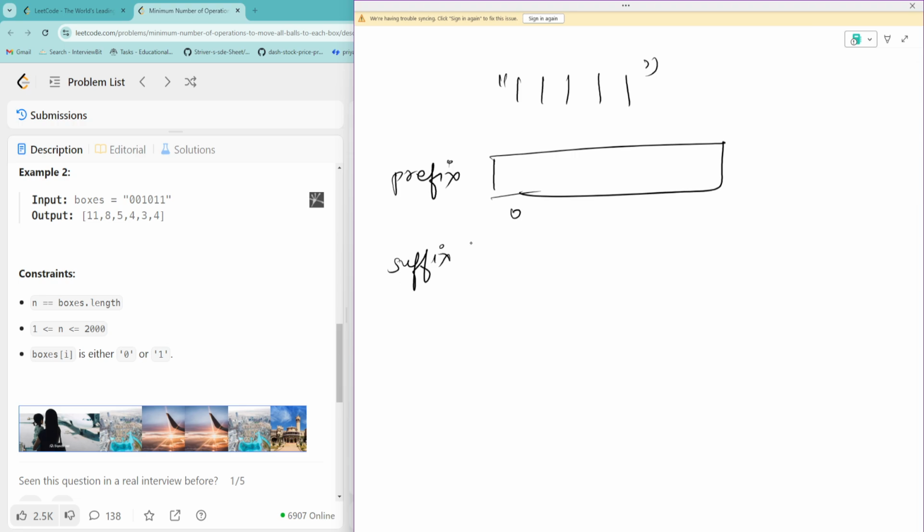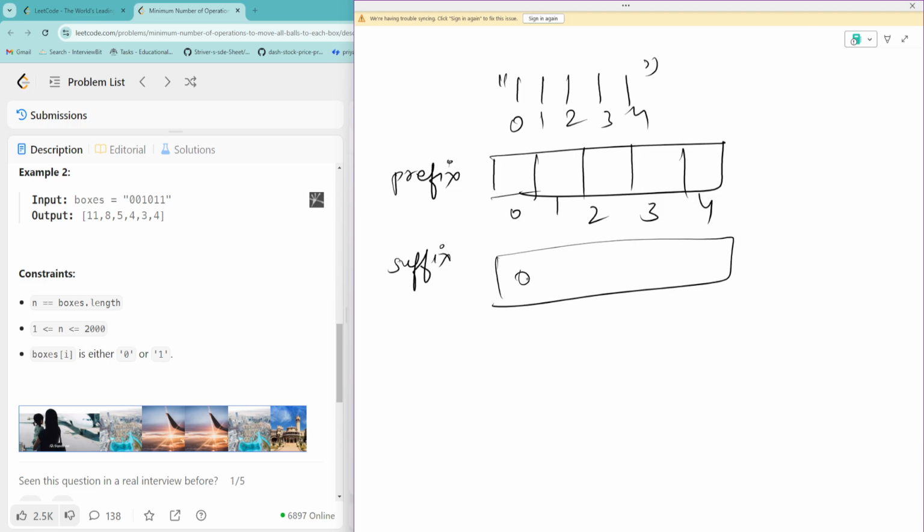We will continue that particular example once we are done with this. 1 2 3 4 0 1 2 3 4. Okay. 0 1 2 3 and 4. It would be more than easy for this example. Okay. So for 0, first element, none of the elements are 0, but the ones count would be increased to